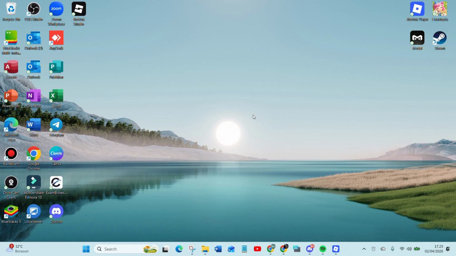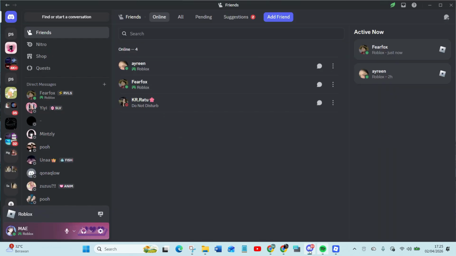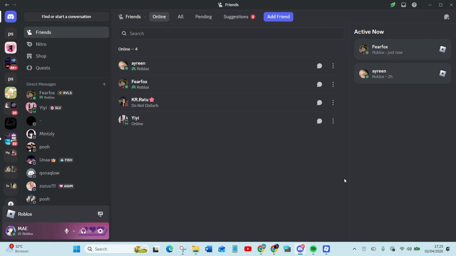So let's go! Discord's desktop application allows users to quickly switch between up to 5 different accounts rather than requiring them to log out and log back in each time they want to use a different account. For instance, if someone has a personal Discord account and an account they use for work, they can quickly switch between these accounts in the Discord desktop app using the account switcher feature.